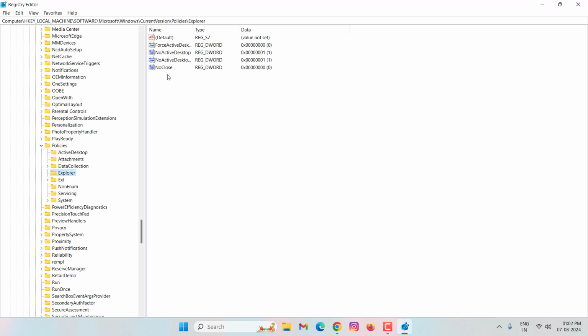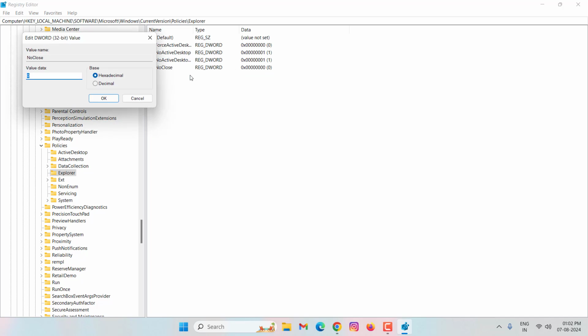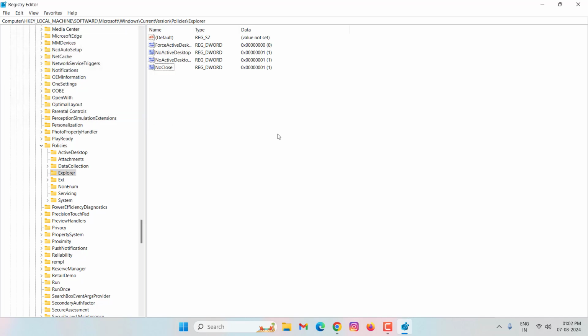then right click on NoClose, click on Modify. If your value data is 0, you should type here 1, then press OK. After doing this, close this window,